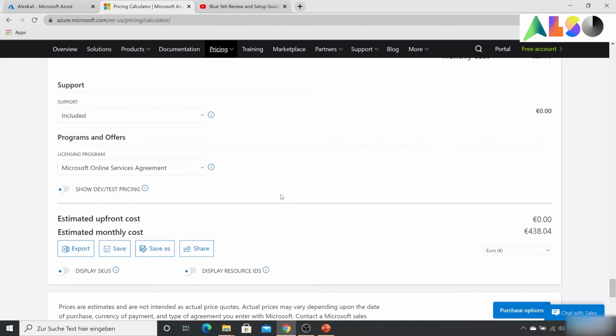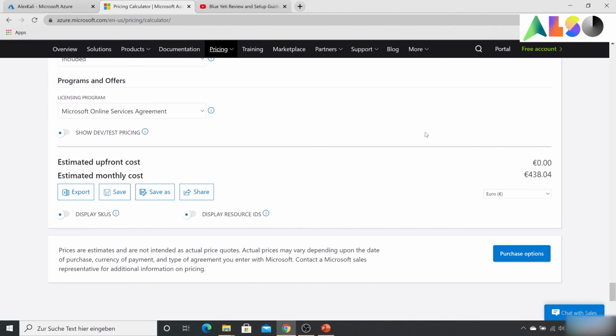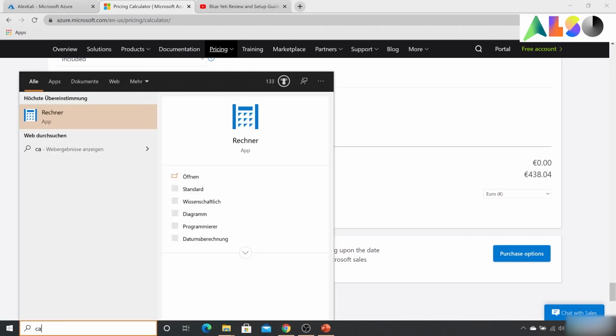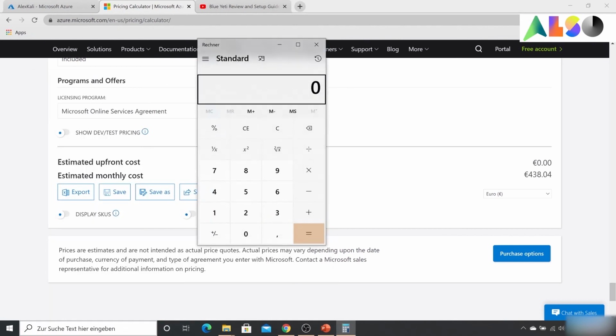So at the end we have the estimated upfront cost and the monthly cost for the machines, and this is roughly 440 euros. So this means if we open up the calculator and we count 25 users, we have 440 euros. Divide that by the number of users you will have, and this is roughly 17 or 18 euros a month per user, plus the license that we use for